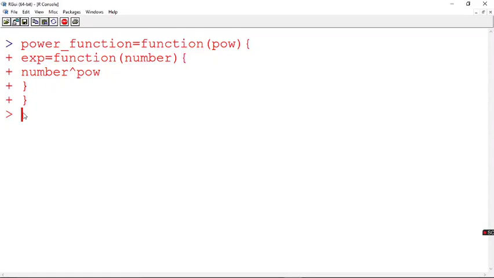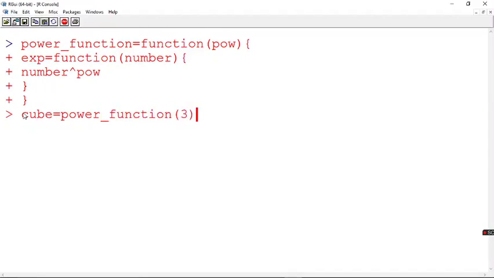Now suppose I want to create a function called cube. What is this cube? This cube function has to find the value that is power 3. Whatever number I give as input, the power should be 3 by default. Fine? Yes. So now what I'm going to do is assign this function cube with the already created function. So I say power function, fine?